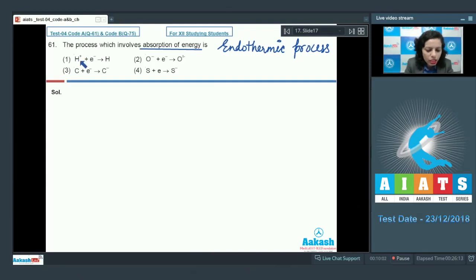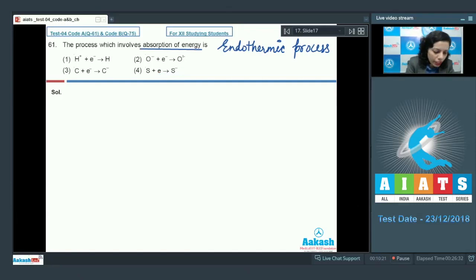Let's check the given options. Hydrogen ion is there, and an electron is added to it to form a hydrogen atom. Further, O negative, oxygen anion, is given. One electron is added to form O2 negative. Carbon is there, and an electron is added to form C negative, and sulfur is gaining an electron to form